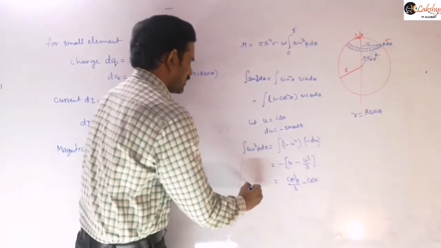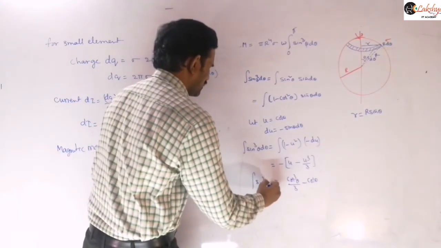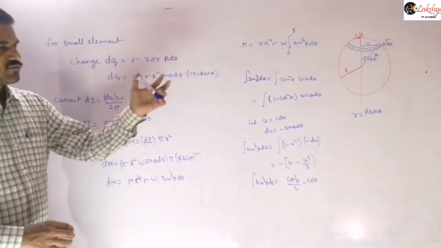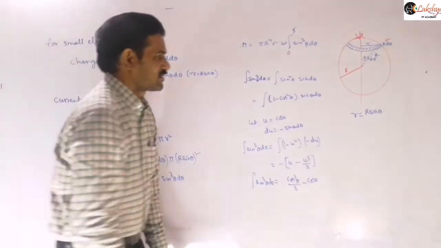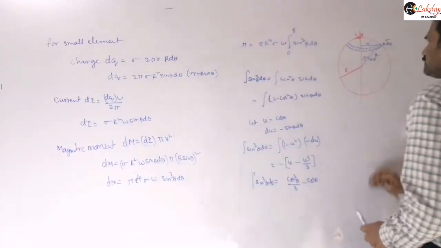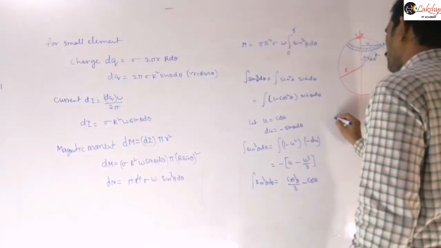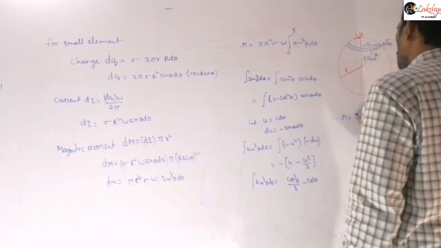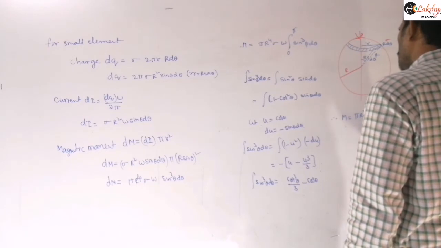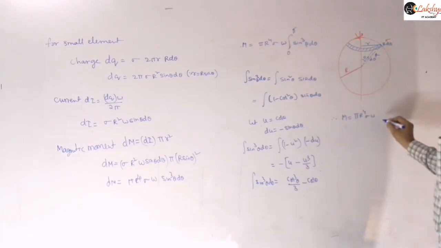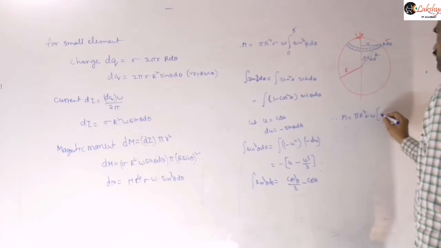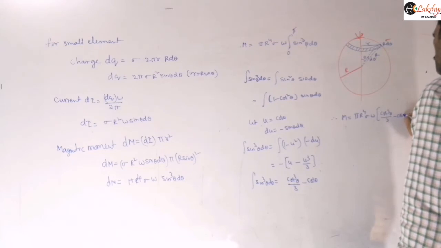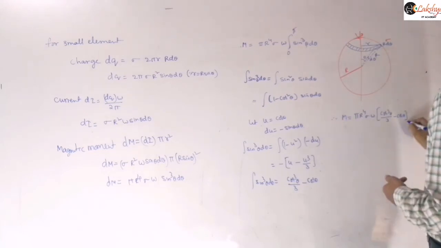So that is our integral of sine cube theta d theta value. I think as the integration is completed for you, all of you can solve this easily. Now substitute the limits there. So now our m value is nothing but, substituting this value in this equation, pi into r power 4 into sigma into omega into, now that integration value is cos cube theta by 3 minus cos theta, and the limits we need to write here are from 0 to